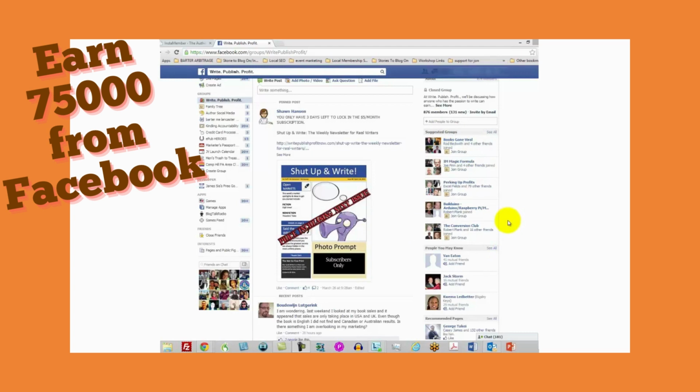So one of the things that you'll want to do, if you decide to start a group, is to make sure you have described your group adequately. You want to make sure that your group is described specifically, because your group is going to get suggested to people based on your description and the people that have joined.